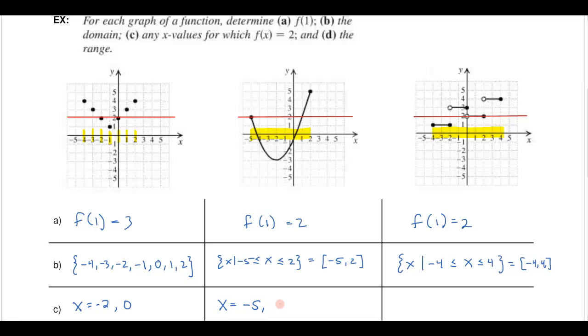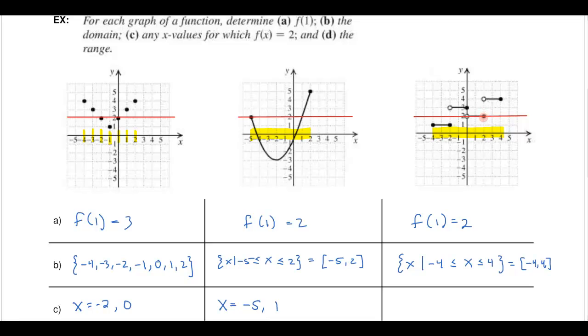Now over here, it's not 2 at 0. Notice at x equals 0, this little circle means that it's not equal to 2 at 0. It's actually equal to 3 at 0. But if I go just a little smidgen to the right of 0, like at 0.0001, that x is going to give me a y value of 2,